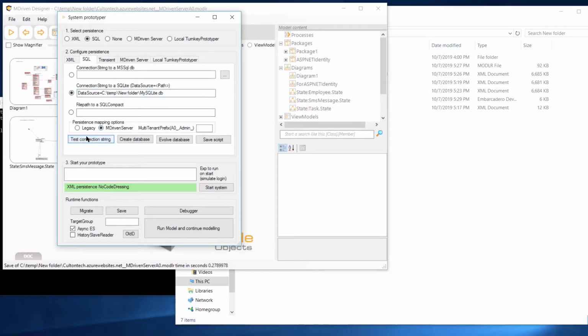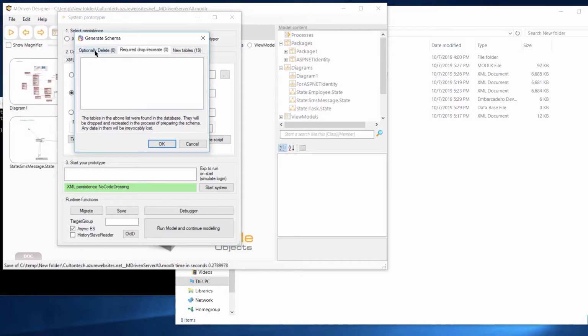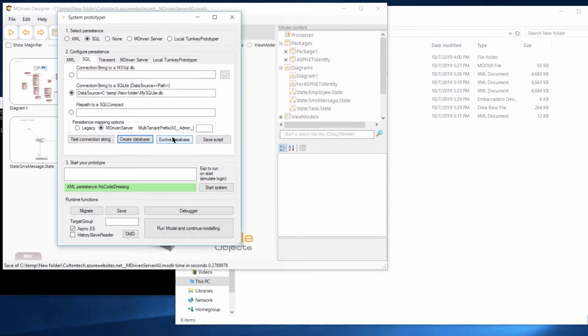and I want to have MDriven server on that. It's a bit different how the keys are stored. That's the connection string, and that is valid. And then I basically can create the database, the schema. It says 19 tables. That's fine. And now I have a small SQLite database to work with, and I can start persistence against that one